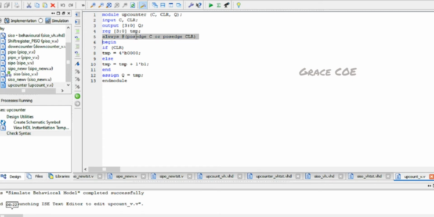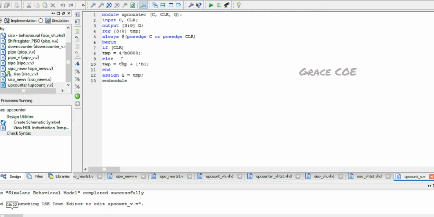Here we give the positive edge of the clock. Whenever we encounter the positive edge, the following code begins to execute. Here we have an if statement: if clear is set, whenever we give the clear signal as 1, the temporary register TMP is initialized to 0000.